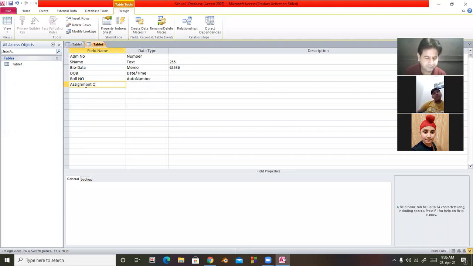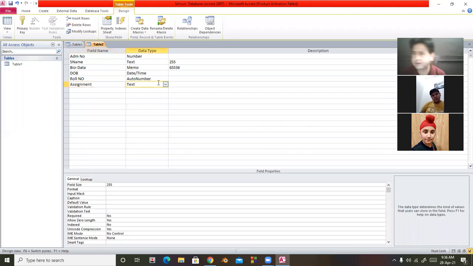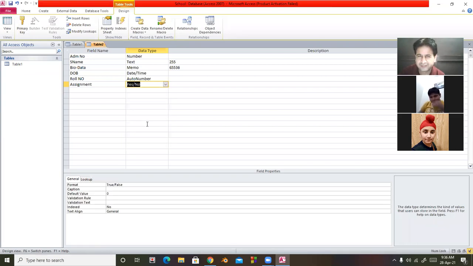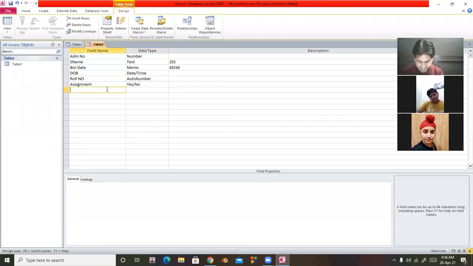Assignment completed. I am writing assignment here, meaning whether the student has completed the assignment or not. So I will take here, so their answer will be yes and no. This is called Boolean type, yes or no. So look at here, yes or no. So data type will be assignment submitted, yes or no. Okay, now next data type is